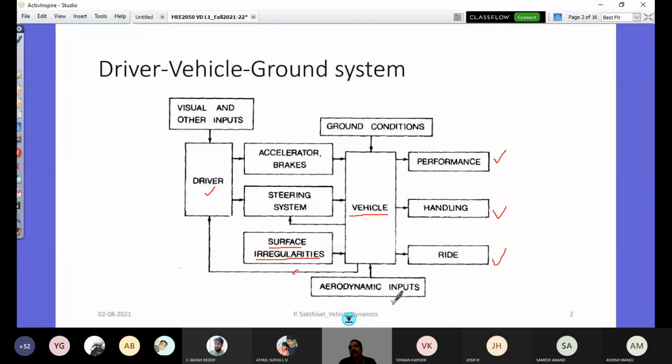So according to the duration of your drive, your exposure time to vibration and noise in the vehicle is also decided. The level of noise or vibration perceived by the occupant is dictated by standards, these values. If your vehicle falls below those values, that's designed good for ride. So how do you model the vehicle on your hand for assessment of ride, and what are the points to be accounted to improve the ride?